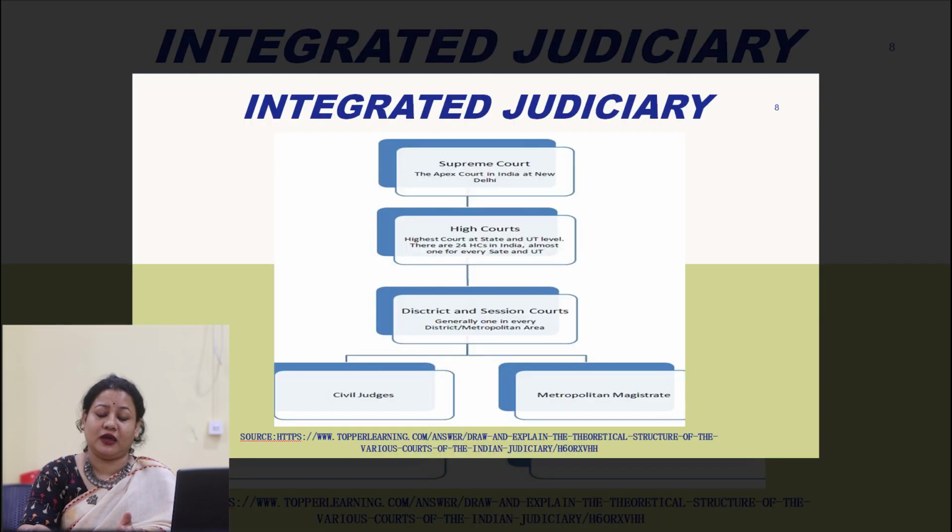Then the last point I would like to tell, integrated judiciary. We have one single Supreme Court, and under that there are high courts. Unlike the US, where there is a Supreme Court for the central government, then the high courts, then other courts, and for the states also the same provisions, meaning dual judiciary. But we in India have only an integrated or single judicial system. Again, that makes the central government more powerful.